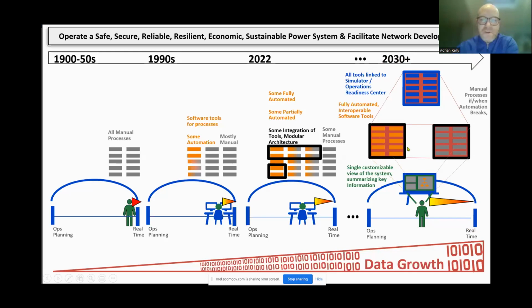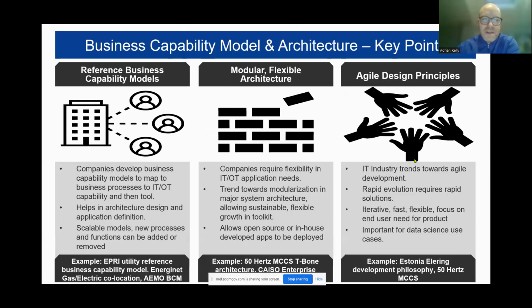They're all color coded here, so you'll see a constant color theme as we go. I also try to highlight some innovations that we've encountered with the G-PST FSOs and also other system operators that we've encountered. So starting at the black level, which is the architecture business capability model,